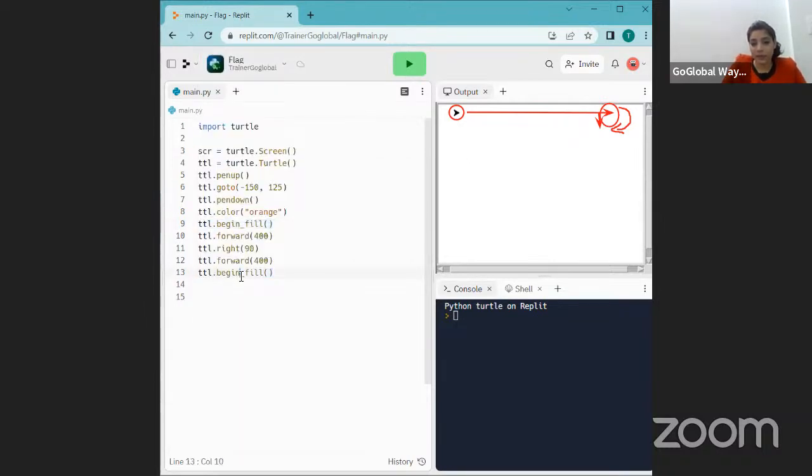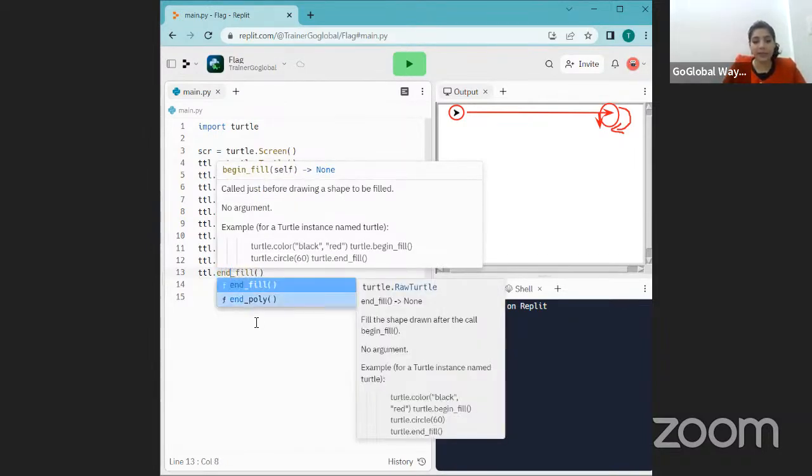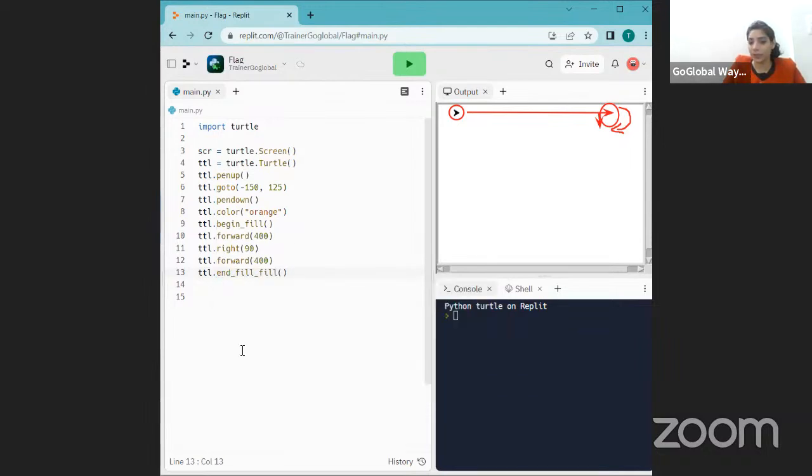So instead of begin, here I will write end fill. That's it. Okay, so actually here you have some suggestions, and make sure if you click on suggestions, don't write it by yourself. So now if I run this code,